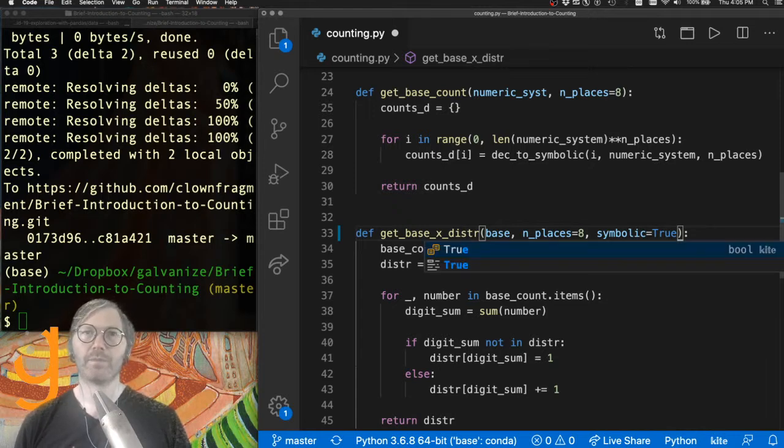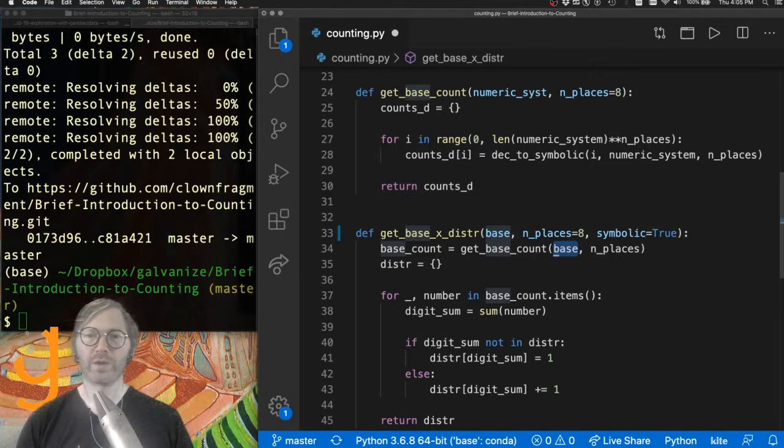And when we get the base count, we're going to pass in a numeric system now, right? That's what we've changed to. So the base count is going to get the base count of a numeric system. And we've got this distribution. And we're keeping this essentially the same, but instead of just summing